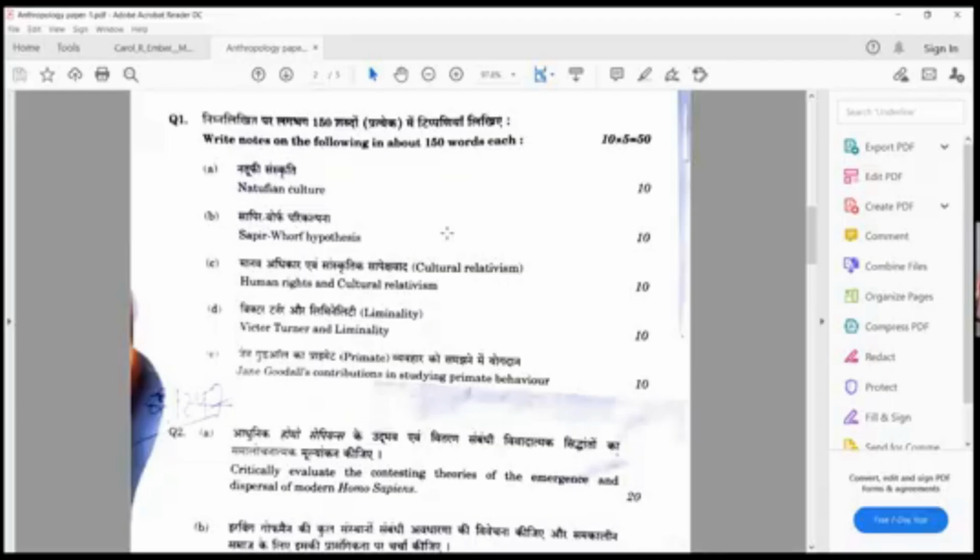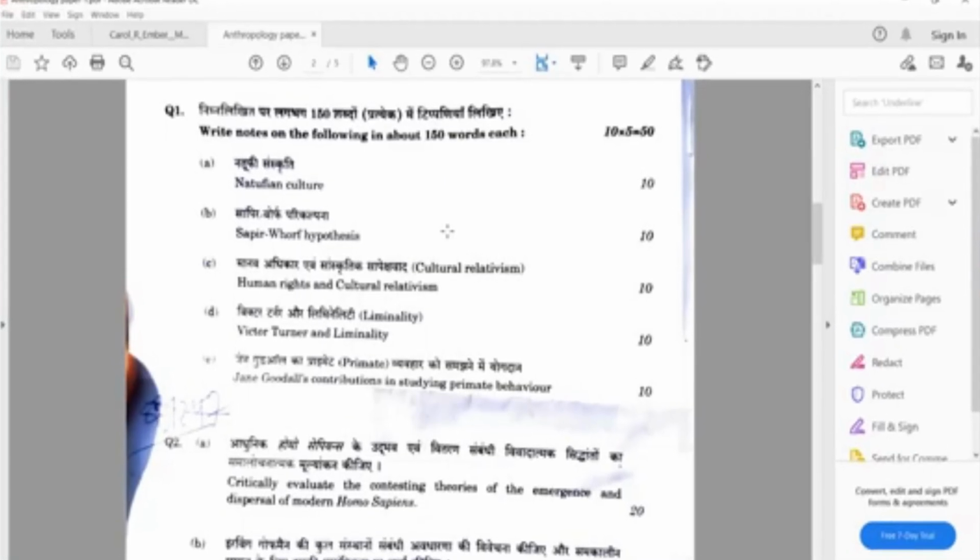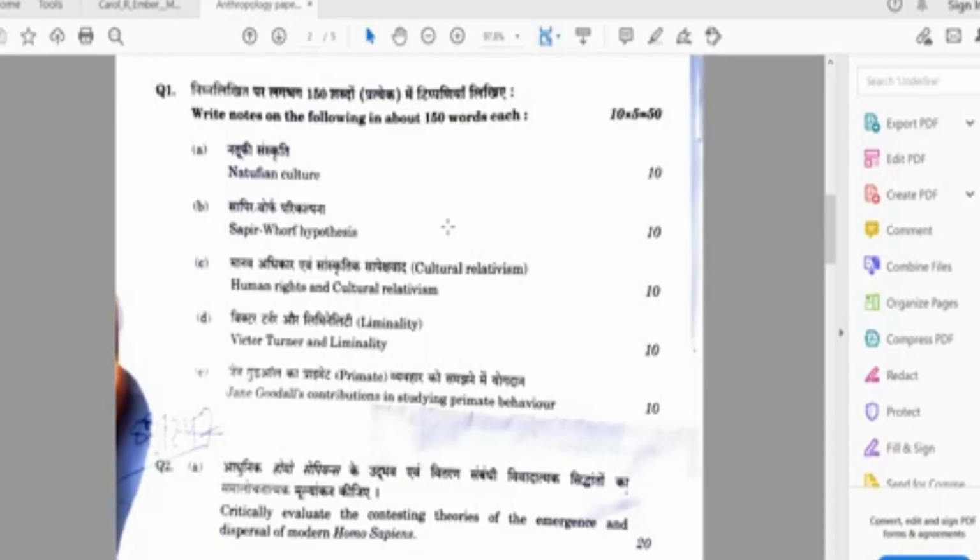So this was the unconventional paper which everyone was talking about. But I would show you with the answers that this was a very nice question paper in terms of content that I meant. So we'll discuss each question, but we'll first go to this 1A, which is Natufian culture, which really is most